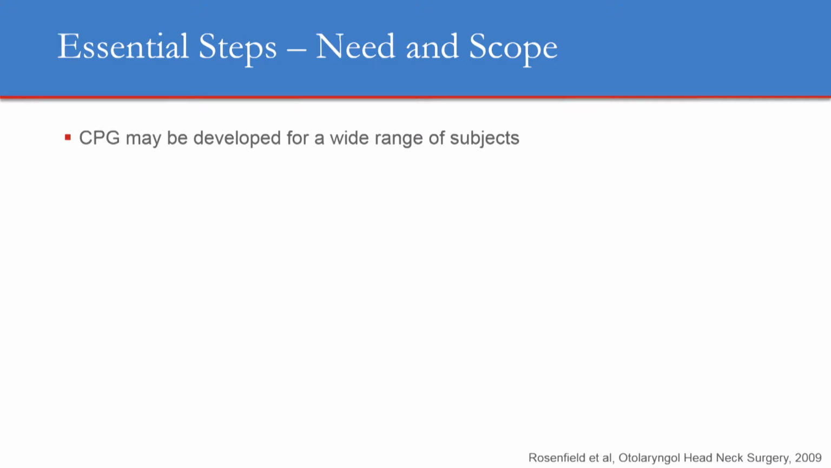First, we need to define the need and scope of the guideline. Clinical practice guidelines can be developed for a wide range of subjects. Since healthcare resources are limited, it is essential to prioritize and attend to the most pressing issues. Factors that may influence the level of priority of a health issue or disease may include the disease burden or the extent of morbidity and mortality imposed on individuals, families, and society,